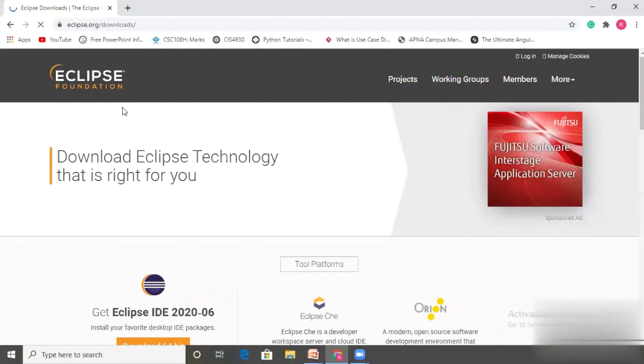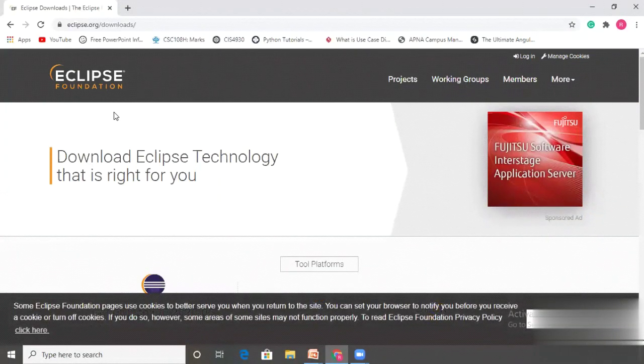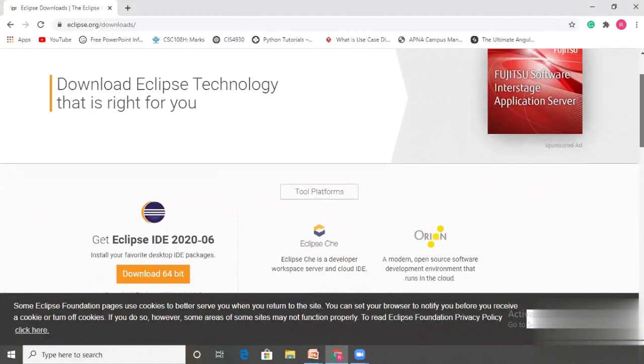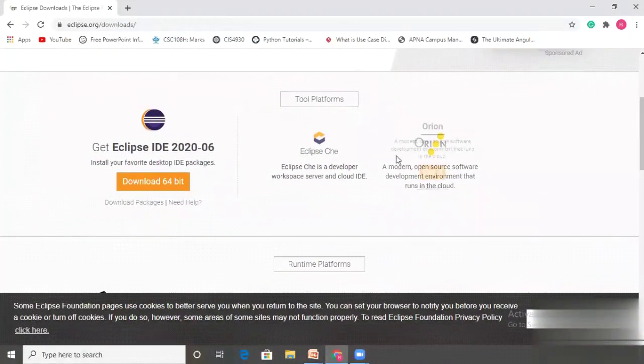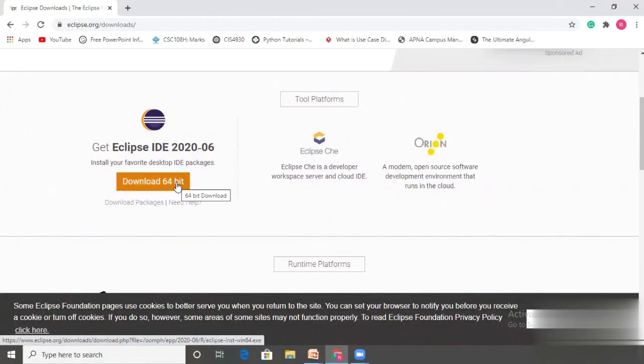This is the official website of Eclipse. Download the Eclipse technology that is right for you. This site is smart enough to identify your operating system, and it recommends downloading 64-bit, the package for your favorite desktop IDE.